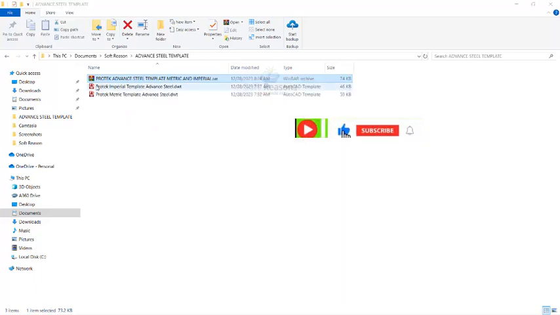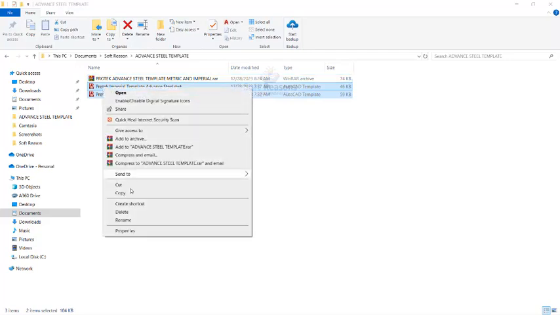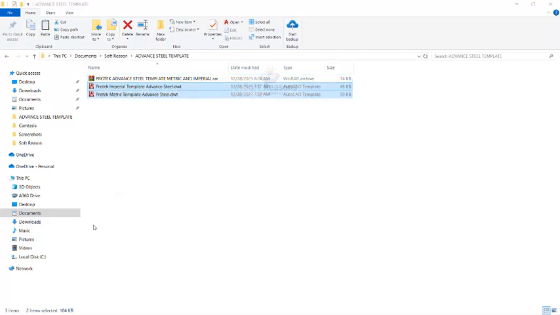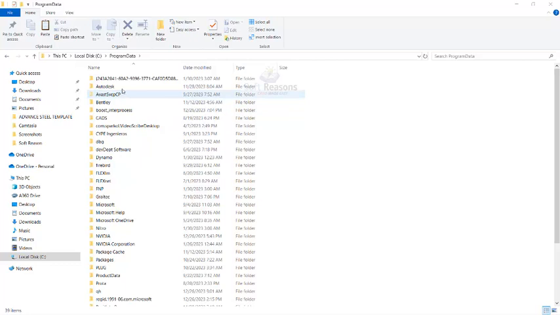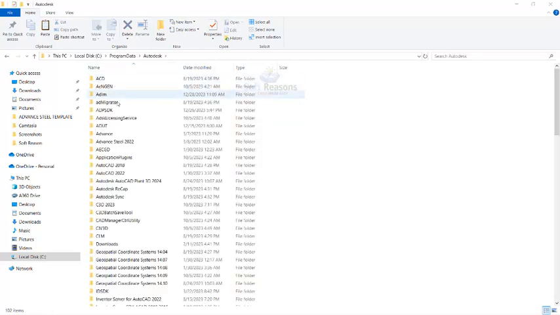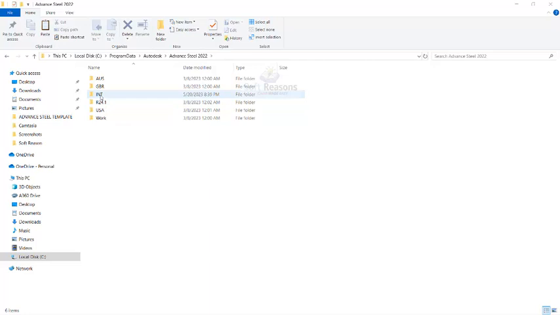Once you extract here, you have this Protek Imperial template Advanced Steel, Protek metric template Advanced Steel. So select these two files, right click and copy them, and then get back to your drive C, local disk C, then get to ProgramData and then Autodesk, then navigate to the Advanced Steel 2022,